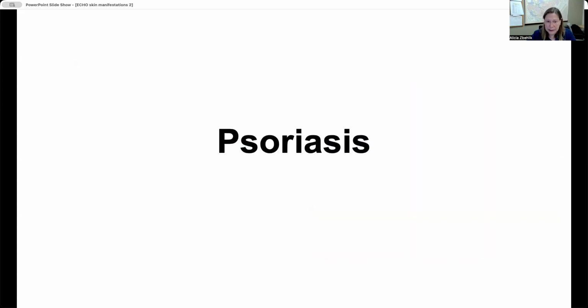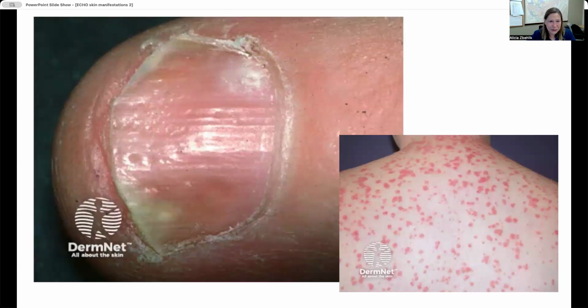So next slide, please. All right, so moving right along to some psoriasis. So this picture is really of what nail pits look like. I've had learners ask me, well, what do nail pits look like? Because we don't see them every day. And one of the findings for psoriasis, and particularly people who have psoriatic arthritis, are changes in their nails. The nail can separate from the nail bed, which you can see at the bottom of this nail, and then those pits, which are more likely for the person to have psoriatic arthritis if they have that finding. On the right is guttate